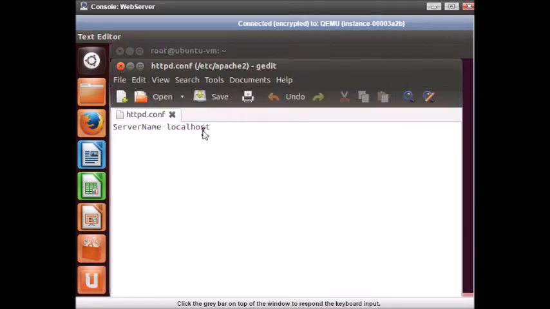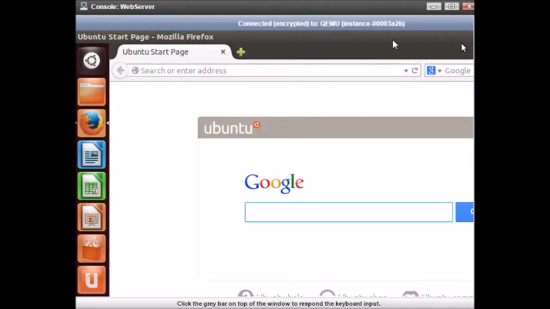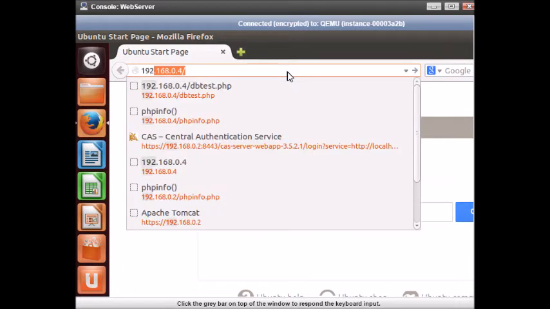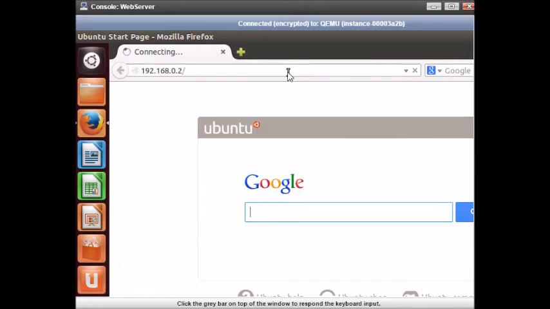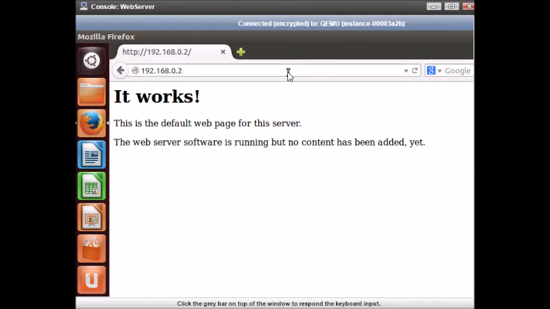Now we edit the httpd.conf file and just write ServerName localhost on it. Now let's check if our Apache has been installed by opening our server IP. So here the Apache has been installed.